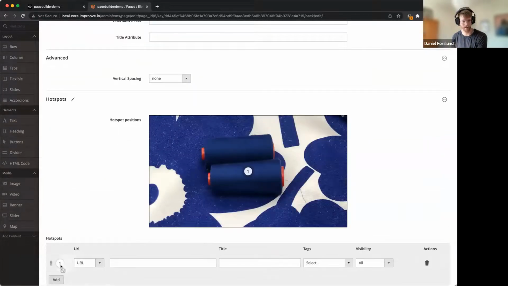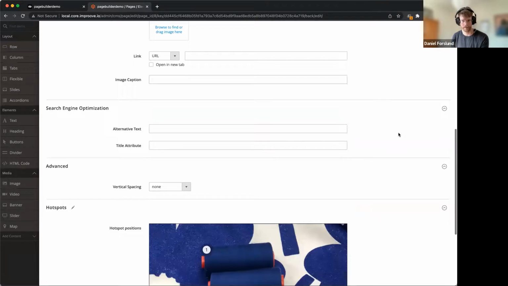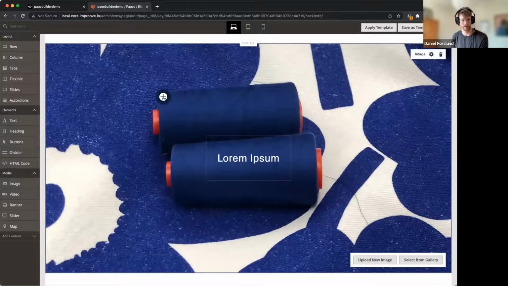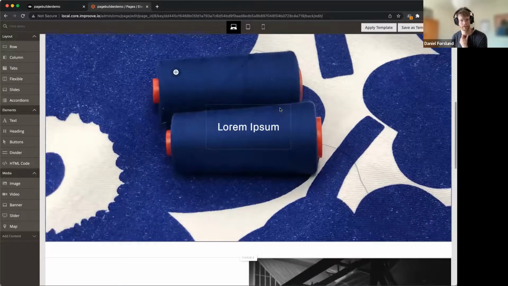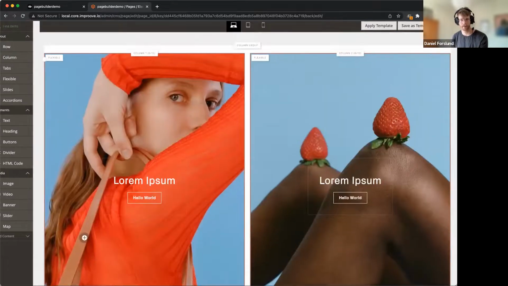I'll add probably a category link for this one. I'll just link to gear. Save that. And from the preview, if you'd like to move this with some more precision, you can do that as well. And it will resave everything. And if I save all of this,